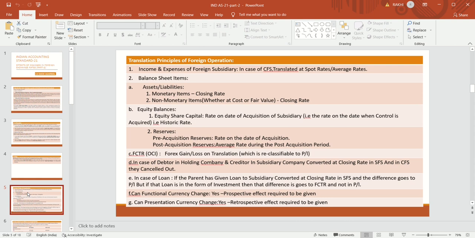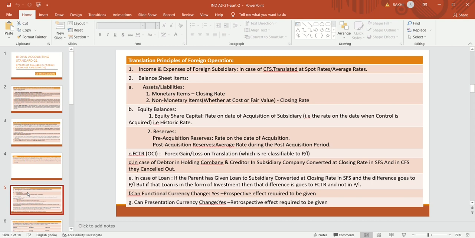The debtor in the holding company's balance sheet and the creditor in the subsidiary are eliminated with each other, because the creditor is in dollars, it is recognized at the closing rate,